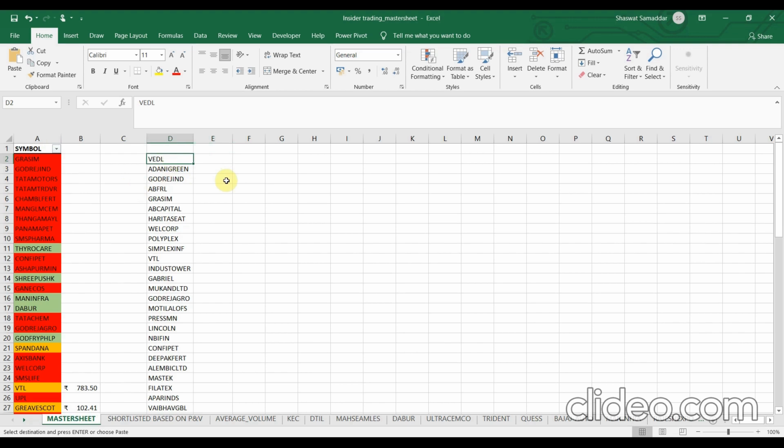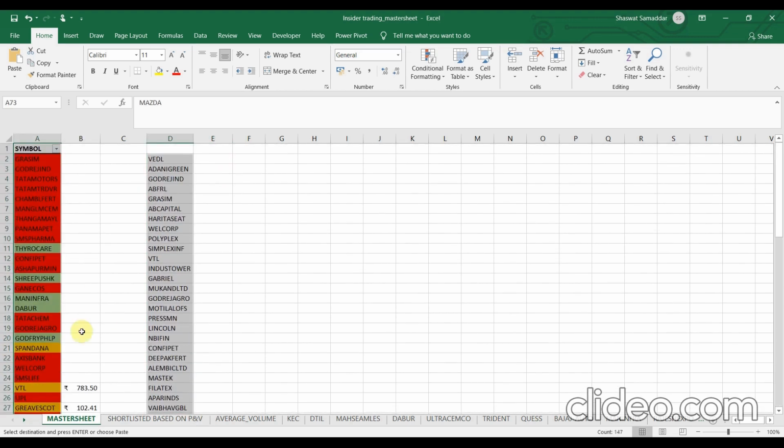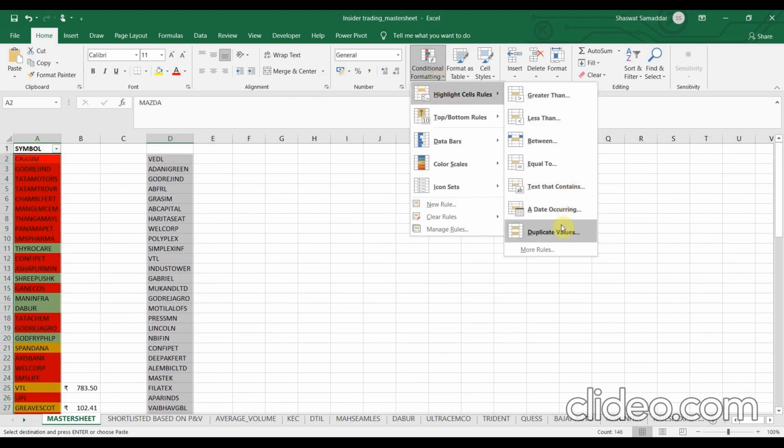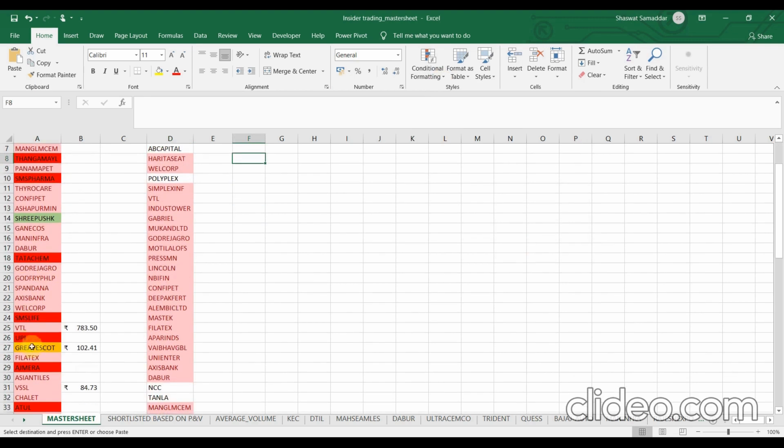So for that, I would just apply conditional formatting and highlight the duplicate values. So yeah, highlight duplicate values with red. Now, please ignore the stocks which have cells filled with dark red, or filled with green or yellow.